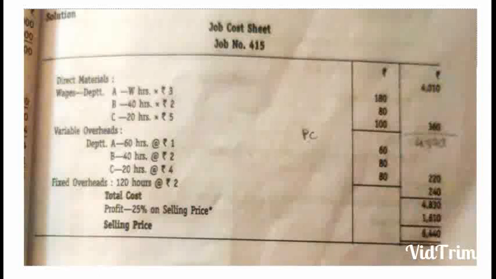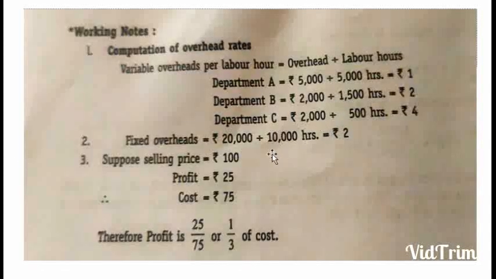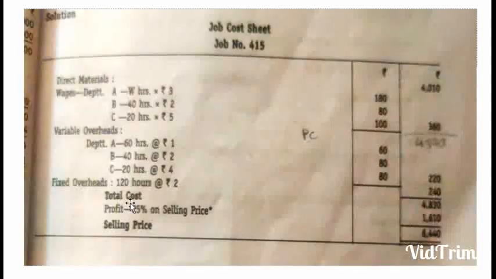So how did you get the 2? From your working note, where for 1 hour you have found out your rate. 20,000 rupees divided by 10,000 hours, which will give you rupees 2 for 1 hour. So 120 hours, how did you get 120? 60 plus 40 plus 20, into rupees 2 will give you 240. So your prime cost plus your variable overhead plus your fixed overhead will give you your cost